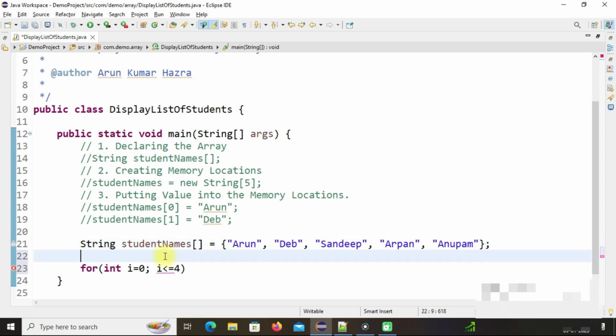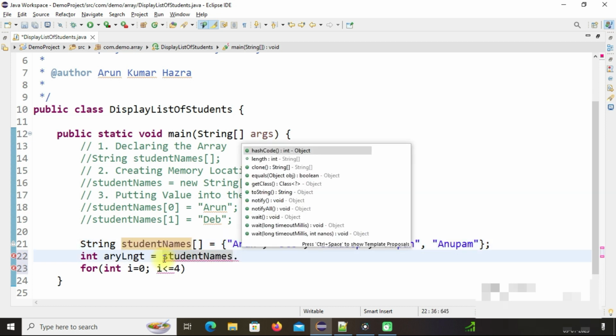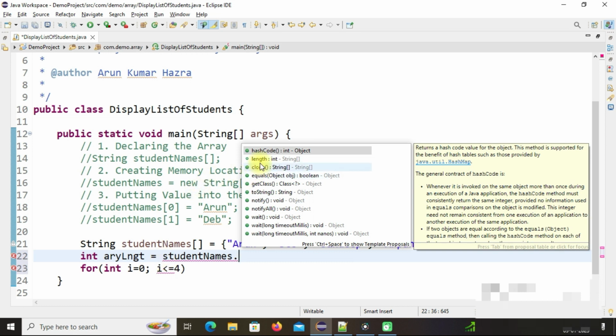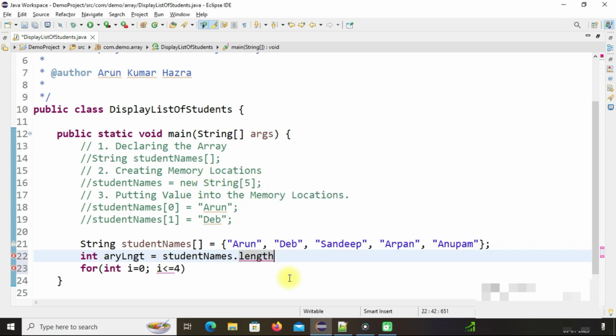And how we can do that? So let's create an integer variable that is basically array length. So I make the name like this, then equal to, and how can we collect the length of this array? So this is my array name, so if I make it here, then dot, and then we can use this length. Okay, so if you use this syntax, that means it will give me the exact length of this